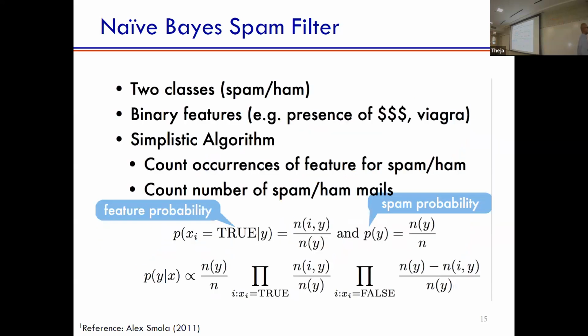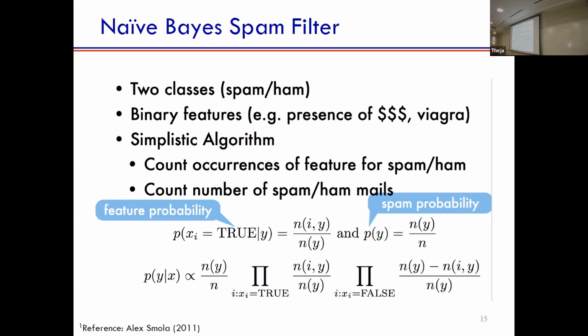Okay, so the only thing left in this: two slides ago, we described the model. The previous slide was just an illustration, a diagram of the same thing. In this slide, I'm just telling you how to estimate the parameters of this model. Okay, so as I said, the parameter is the probability of, okay, the W's became X's, but just think of it as W's if you want. The probability of a word, as in the probability of the word being present or not present, for example, given the class,